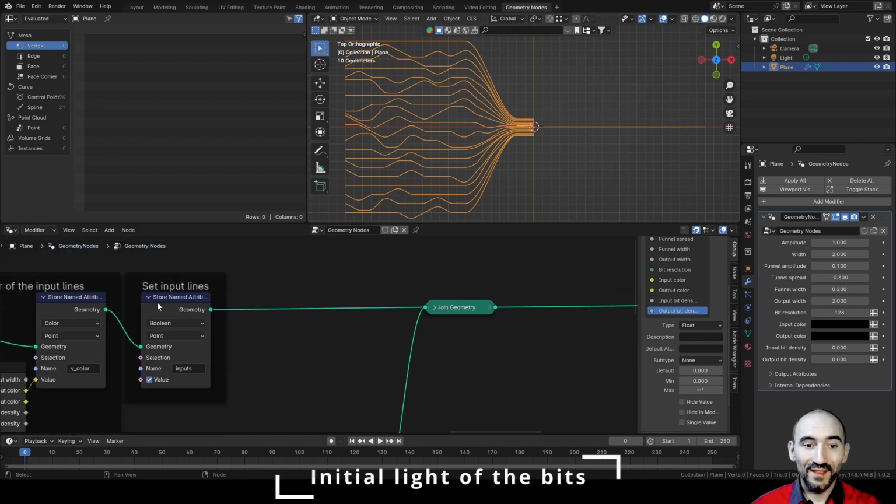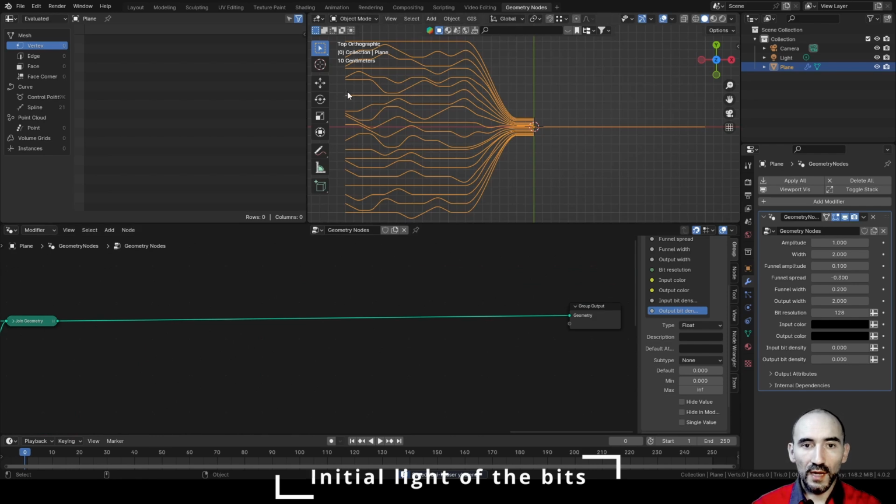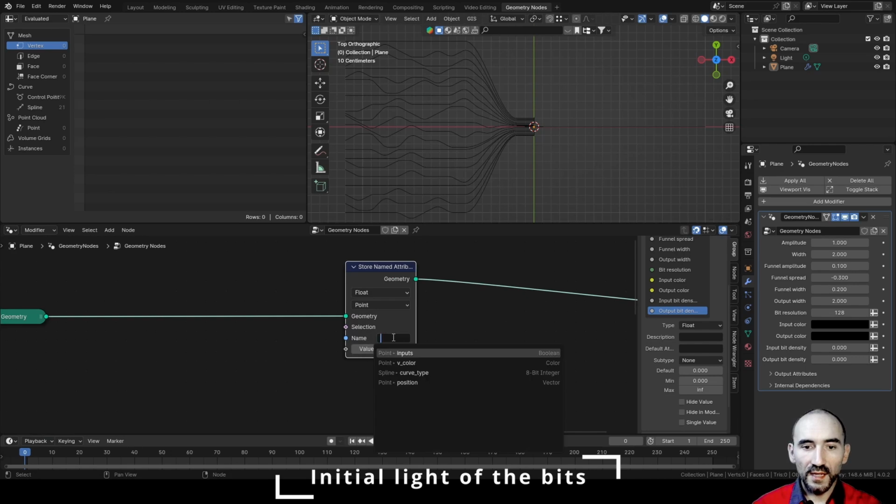A switch, and this attribute name, inputs, that are true only for these curves and not for this curve. Okay, so now we want to set a random value only for these first control points, and to do this we need to store a named attribute. Here I can set a value of a boolean and a name like bit, the light, the bit,